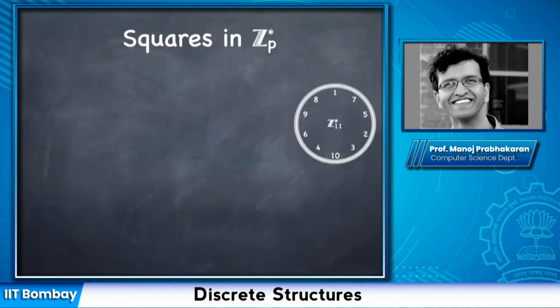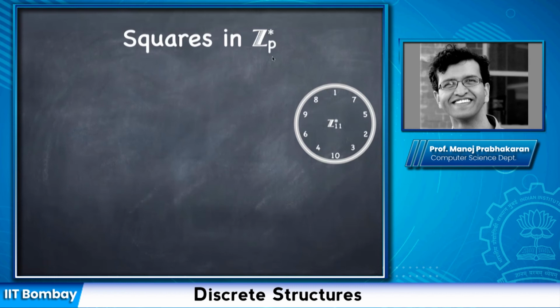Okay, so let's actually look at the simplest of cases where that modulus is a prime number. I'm going to look at squares in Zp star. Again, as I said, you could have looked at Zp, but in this case, the only missing element is 0, and 0 is a square root of itself, and no other element is a square root of 0. So we'll just ignore 0, and what we are left with here is